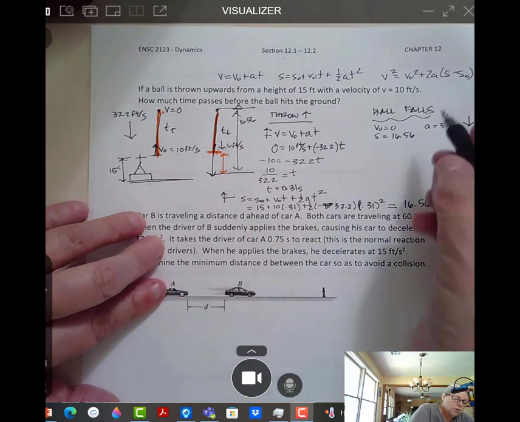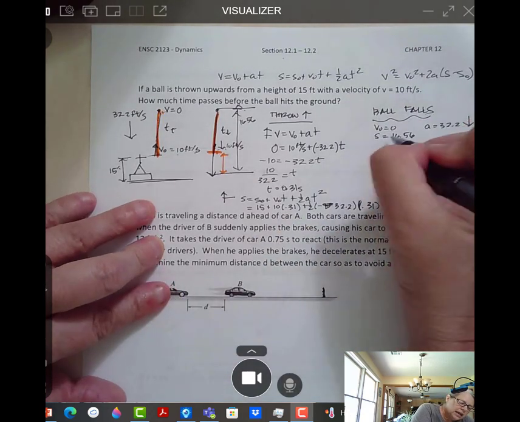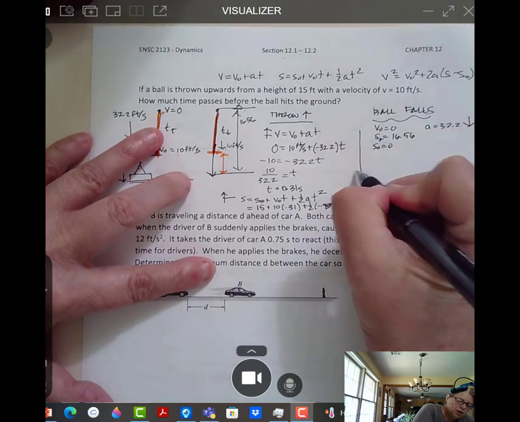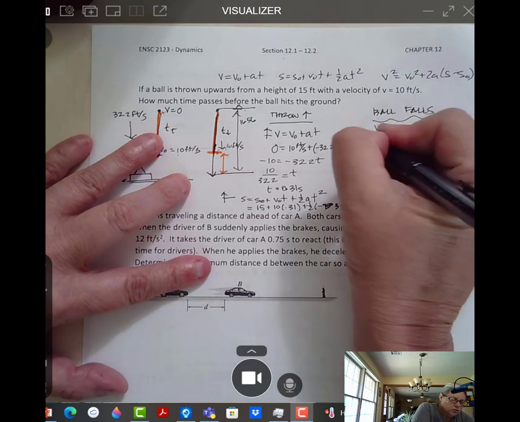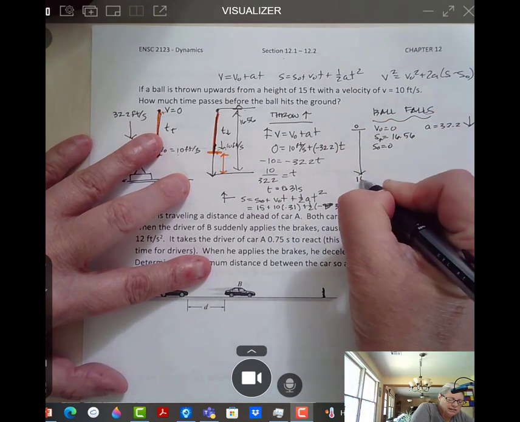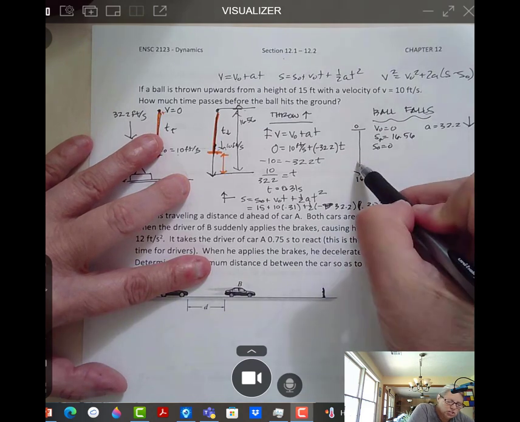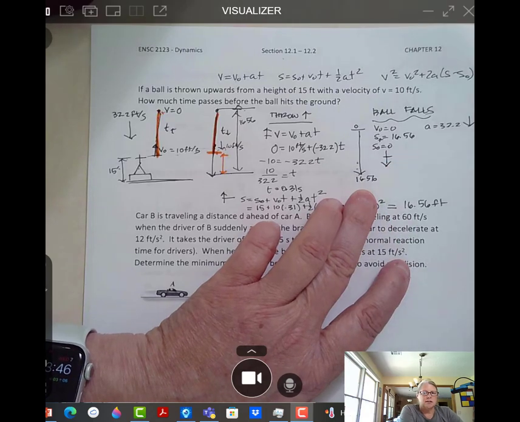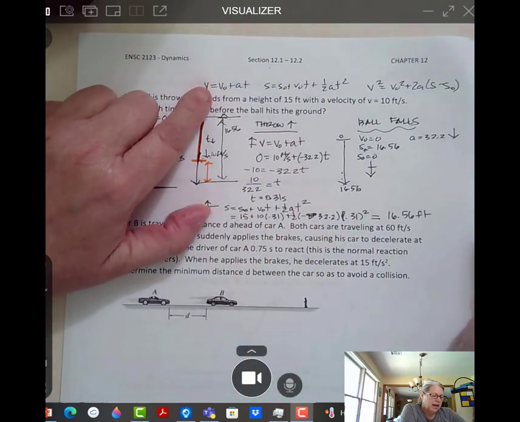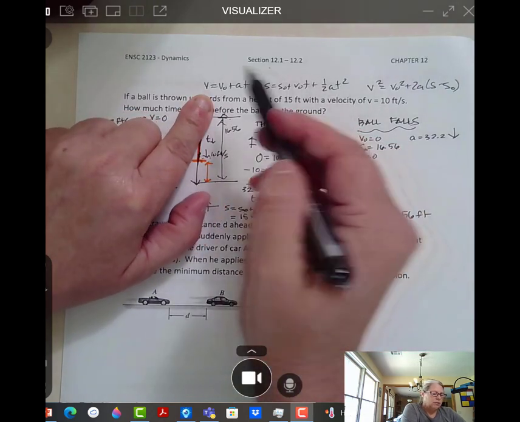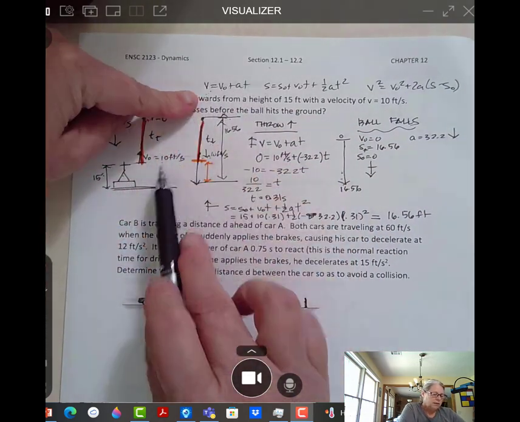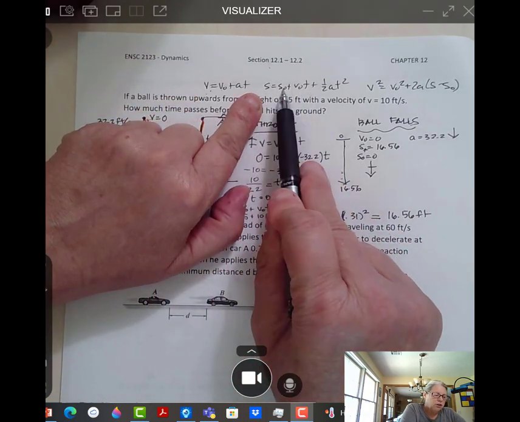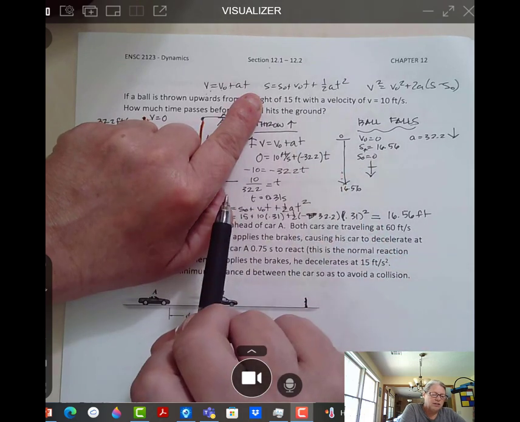Going down. So I could start at the top and say that my initial is 0, my final is 16.56, and we're going to call down as positive. So this is 0, this is 16.56. My acceleration is working in this direction, my velocity works in this direction. So let's just call down positive. I don't know the final velocity when it hits the ground, but it better be bigger than 10. I do know my positional change, so I could use this to calculate the time that it takes for me